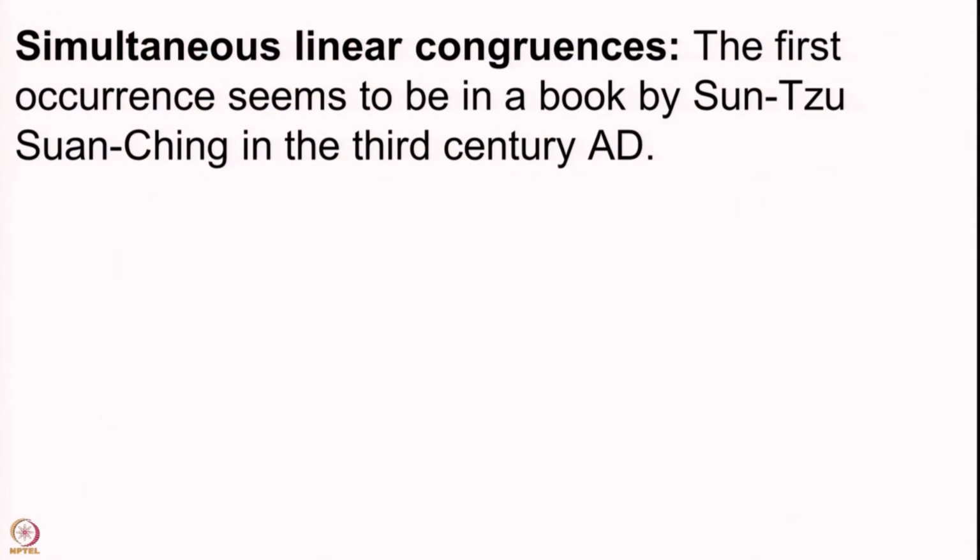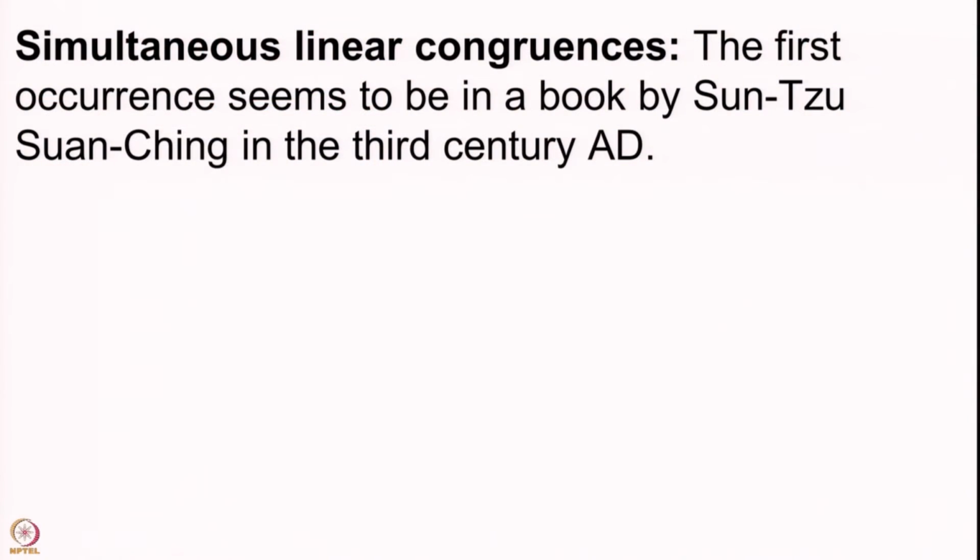So, the first occurrence of this seems to be in a book by the Chinese mathematician Sun Tzu Xuanzang in the 3rd century AD. It was a very nice, delightful book. There are lots of parallels that we should see here. In India we know that Bhaskaracharya had written Leelavati, which was basically a collection of problems, and the solutions to these problems led to various theories on how to solve these problems. So, there were problems of similar types, there were methods described to solve these problems, and so we learnt new methods. Similarly, this book by Sun Tzu Xuanzang had a problem which reads as follows.